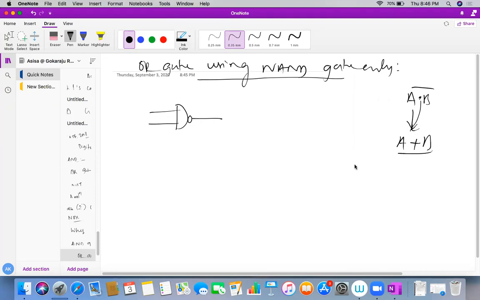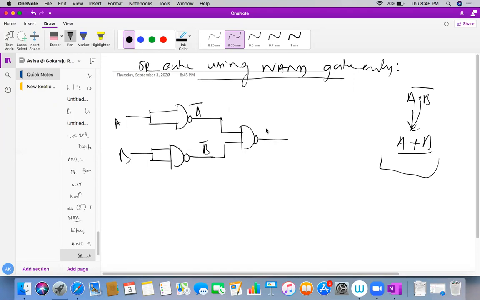So what you need to do, I will be following a certain fundamental law over here. What is that? I'll tell you. Just do one thing, just short it. So this is my A, obviously I'll be getting here A bar. Similarly, this is my B, obviously I'll be getting here B bar. Next, I'm taking the inputs of it and connecting another NAND gate. So this is nothing else, A bar dot B bar, whole bar. If I can prove that this is A or B, it is more than enough. This is my circuit of OR gate using NAND gate.